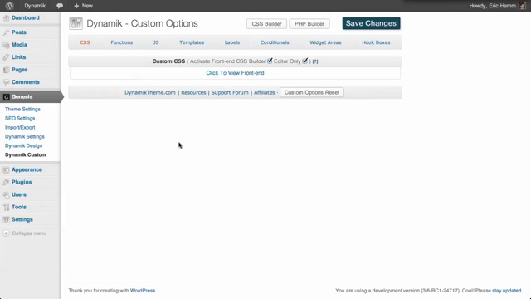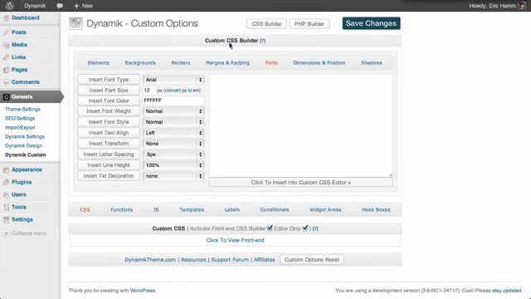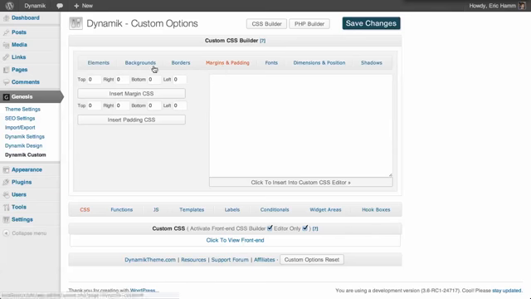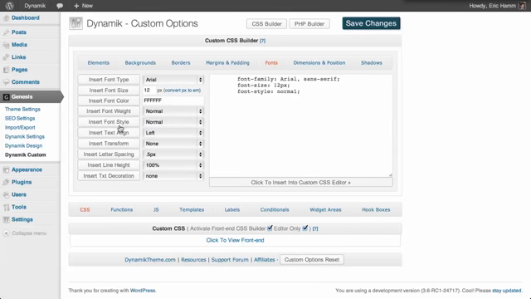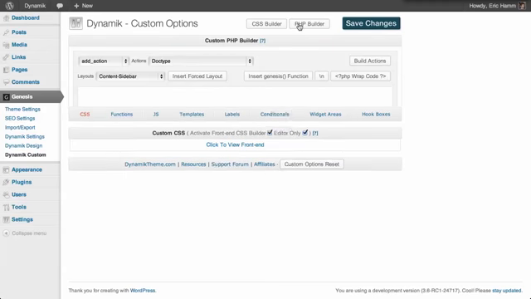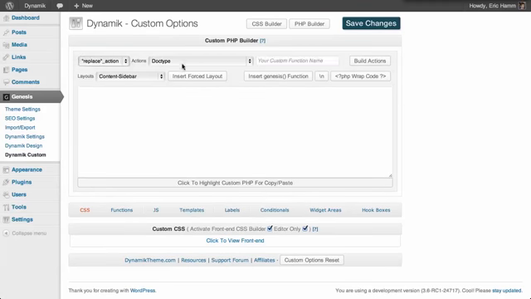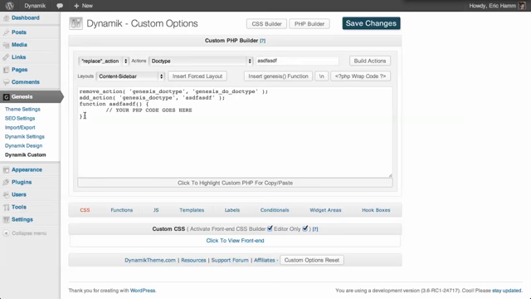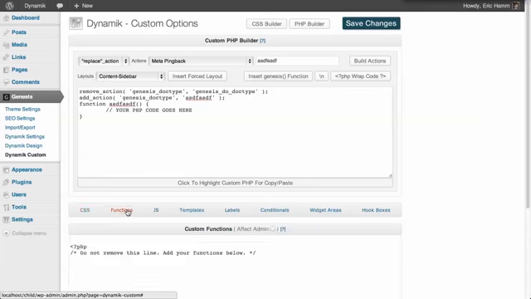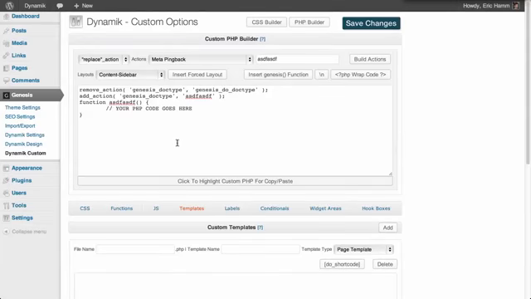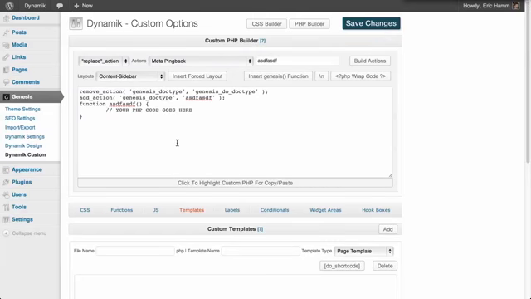So that's just a really quick, brief rundown of the dynamic website builder. There's so many features I didn't even get to. There's a back-end custom CSS builder that, like I said, writes the styles for you, that you can then spit right into your custom style sheet if you like. There's also a custom PHP builder, which allows you to write custom code specific to the Genesis framework, and then you can use that to either paste into your functions tab or your custom templates tab and things like that. There's just countless options and features that make Dynamic a super flexible and powerful child theme,